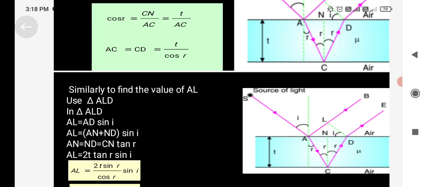Then by Snell's law, we have sin i upon sin r is equal to mu. So we'll get AL is equal to 2 mu t sin square r upon cos r. And substitute the value of AC, CD and AL in the equation of optical path difference. So we'll get